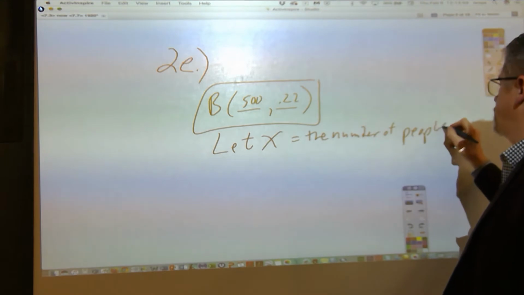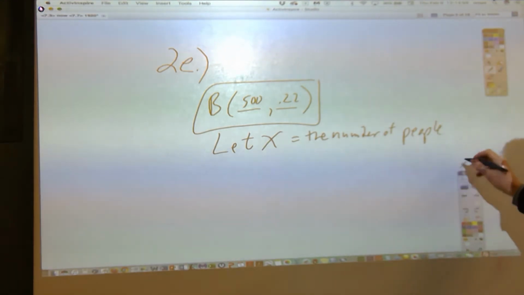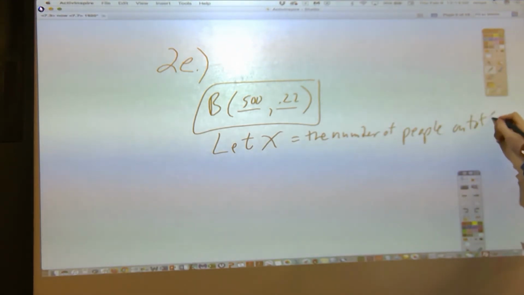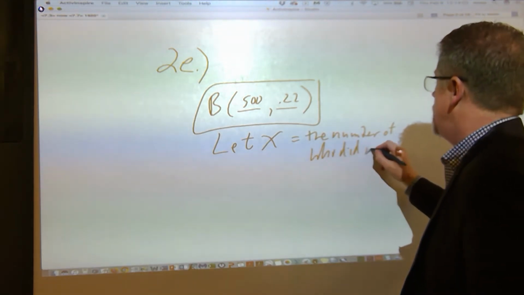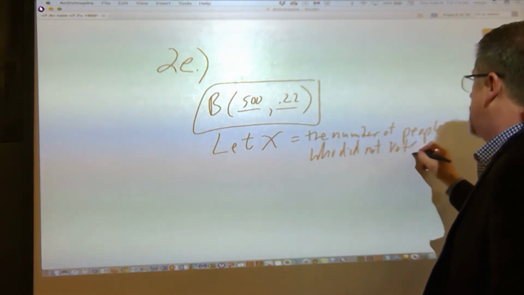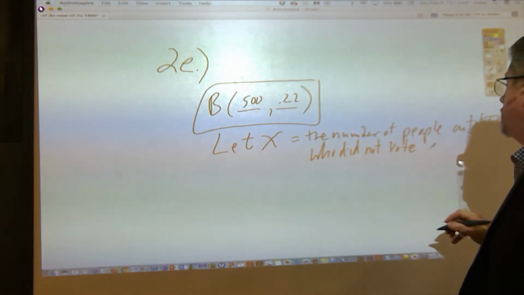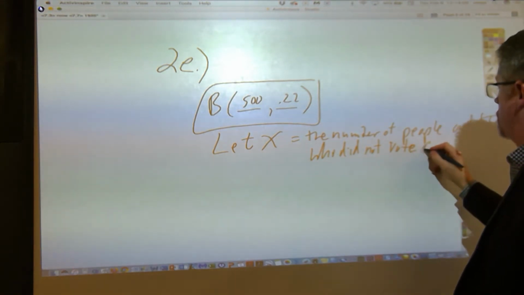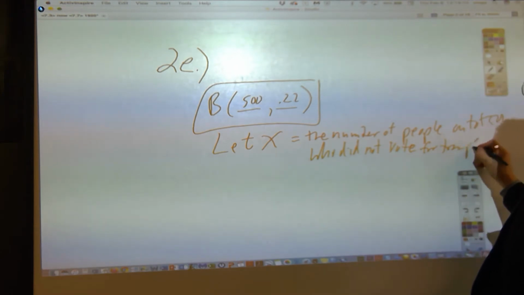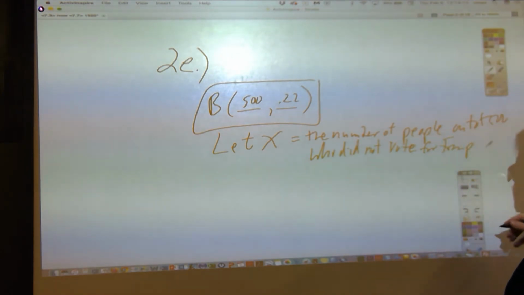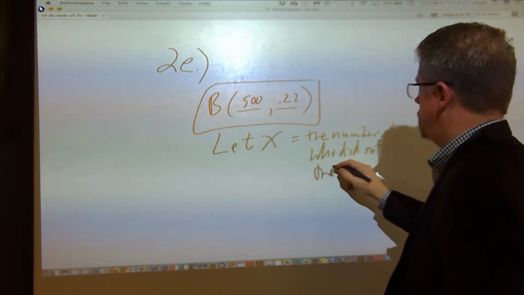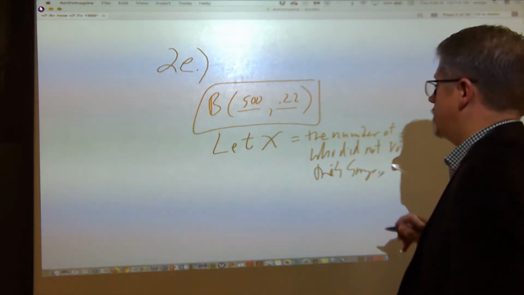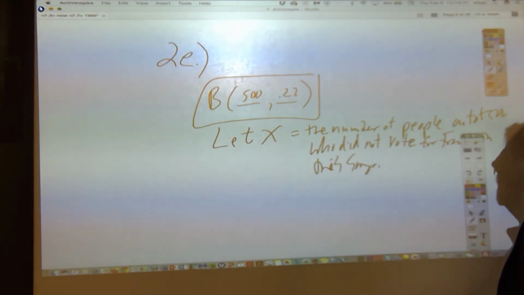He said, in case you didn't hear it, the number of people out of 500 who did not vote for Trump. Not say they voted for Trump. In this survey given in Fayette County. Okay, so you can be specific there. All right, and by the way,